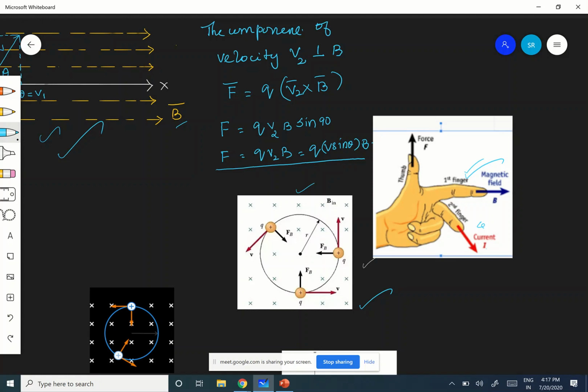Okay, for that only, to show that, because I cannot show this with this direction. That is why, for explanation of how to resolve V into two components, I have come here. Now what I am doing, if at all your B is perpendicular to the plane of the board, cross means perpendicular, inward.